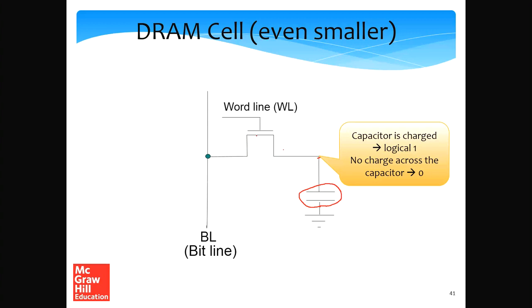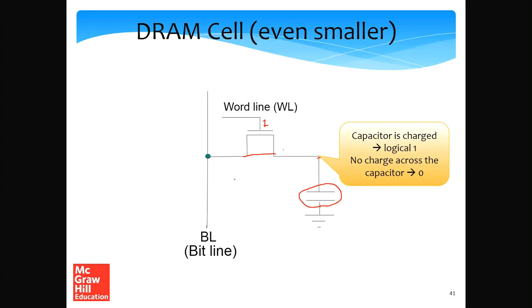The way that we control access to it is that we have a single transistor here, which is controlled by the word line. So when the word line is set to 1, we can assume that the switch is connected and the capacitor is directly connected to the bit line. And here also there is a single bit line, instead of two bit lines. So we infer the value of the voltage stored across the capacitor by taking a look at the voltage of the bit line.